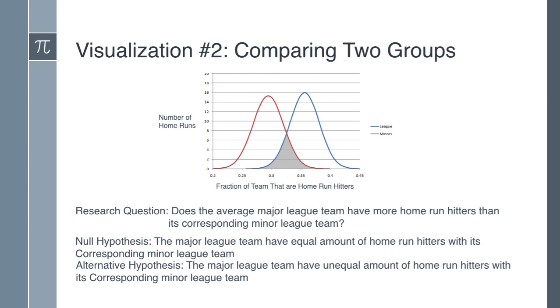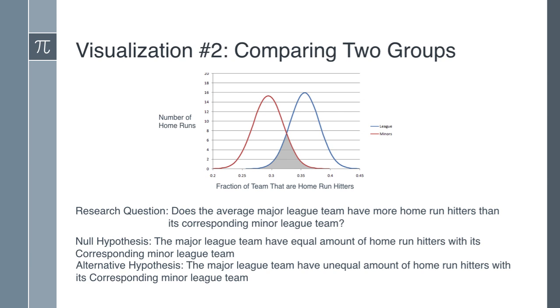We'll proceed to comparing two groups. Here, the research question is, does the average major league team have more home run hitters than its corresponding minor league team? Since this is a comparison, we're talking about equality. So the null hypothesis will be, the major league team has an equal amount of home run hitters as its corresponding minor league team. And the alternative hypothesis will be, the major league team has an unequal amount of home run hitters